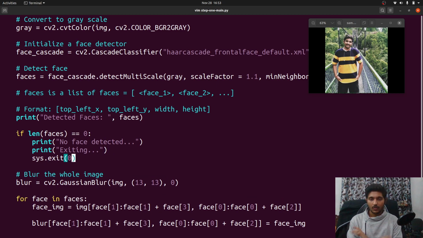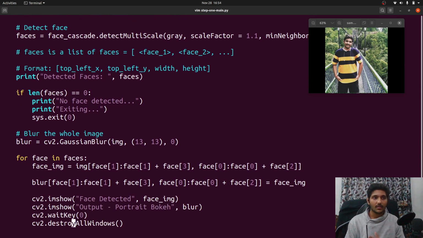Whenever you code, it's a really nice thing to think about all the conditions, to think about what is the worst case. Can there be any black hole kind of thing where we are stuck? Do not get in that position. Try to think of all the possibilities, and then make sure that you bring your code to public. Before you do anything, think: there can be no faces, there can be no image, the image can be corrupted or anything. So we have done this.